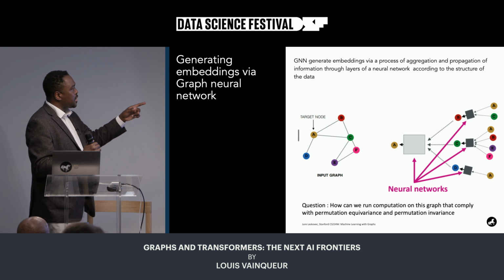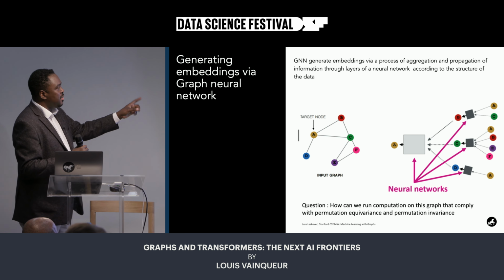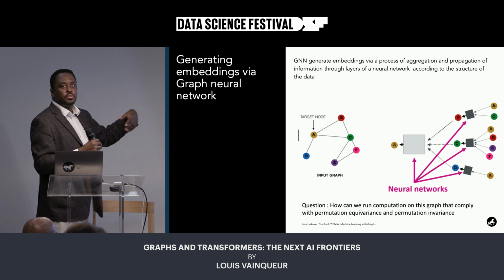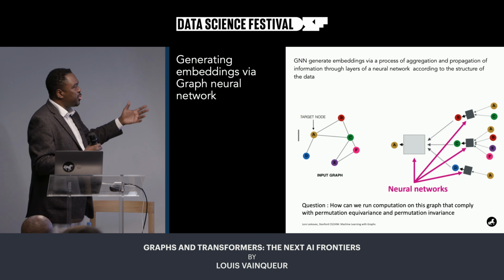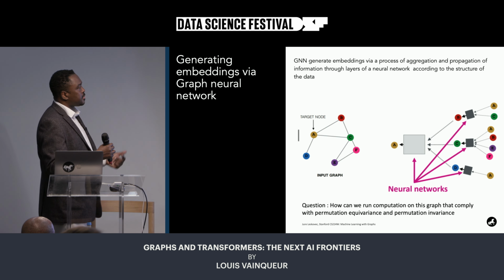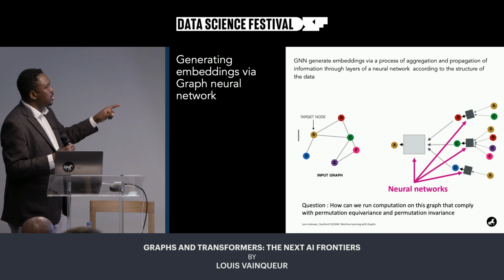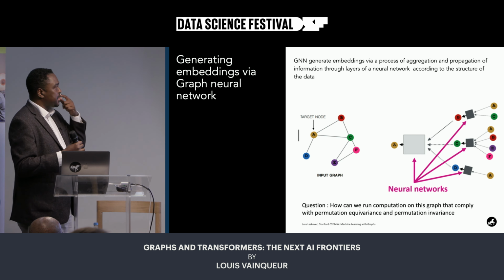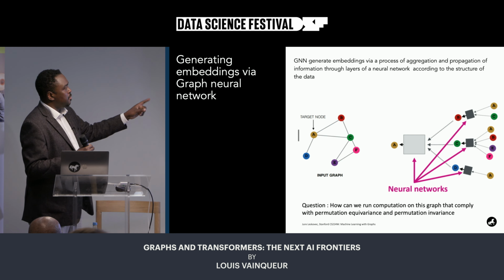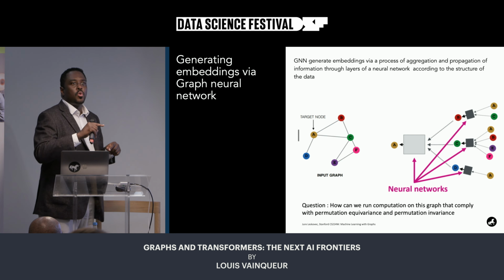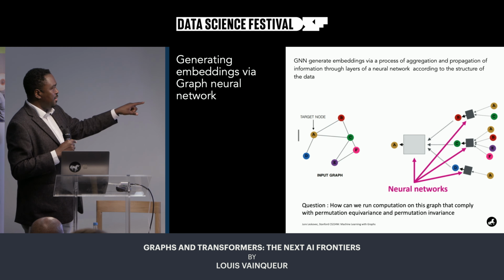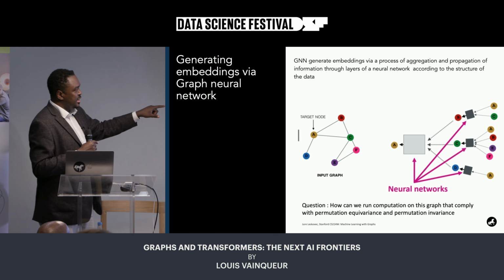So for example, if you look on the left-hand side, you have the original graph. You have the target node that we are going to do something about, maybe do a prediction or classify it. That node is node A. So we look at which nodes node A is connected to. In that case, we are looking first at nodes connected by just one hop, so basically a distance of 1. And in that case, you have nodes B, C, and D.